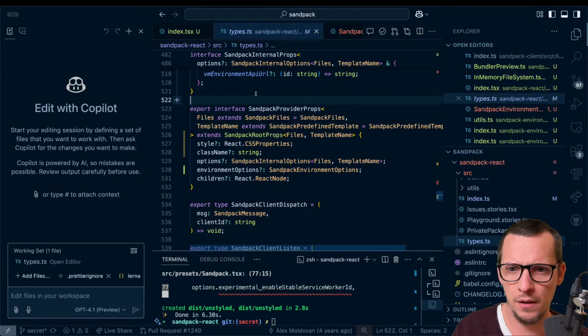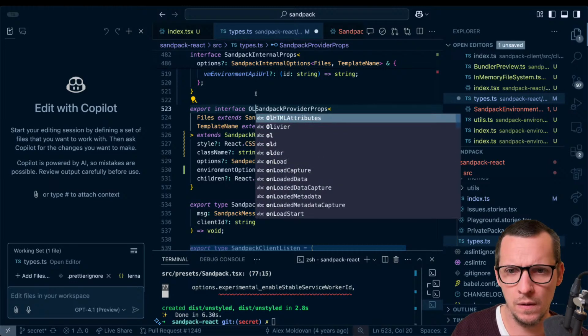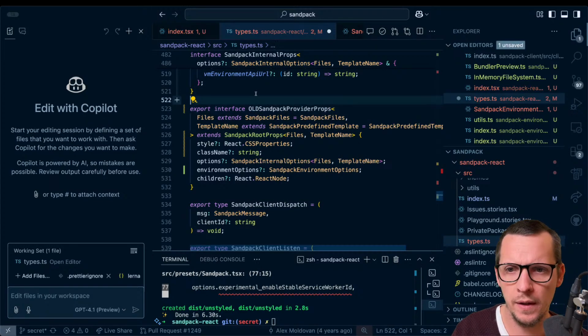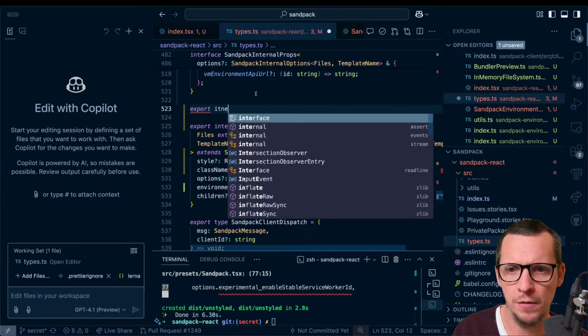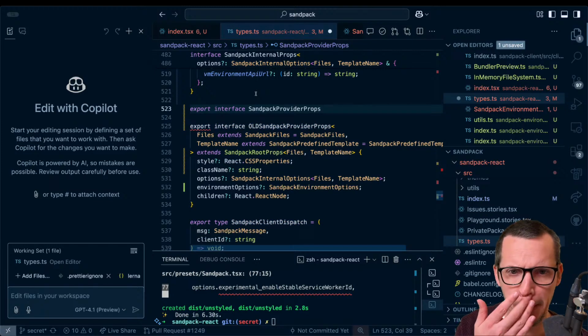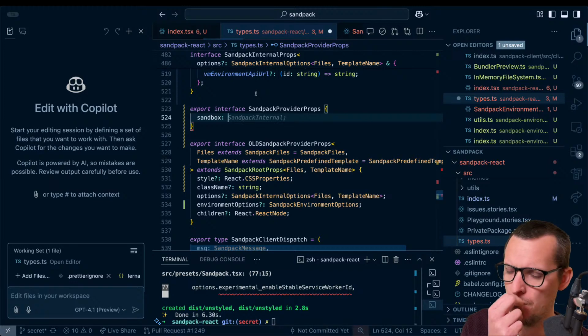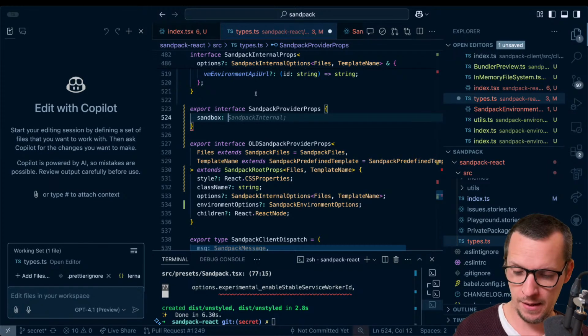So we're going to keep this one around, old, and then we're going to export interface Sandpack provider props. And we're not going to do stuff like this. We're rather going to say sandbox. And this is going to be,